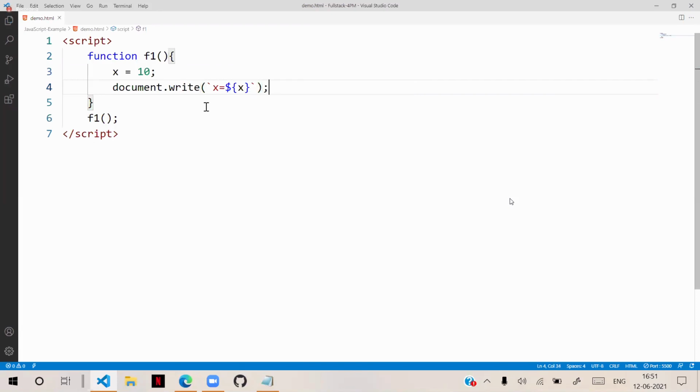Now don't again come with this question: what is document, sir? What is write, sir? What is this slash, sir? You don't worry about that now. Just understand the concept I'm explaining. This is what you are going to learn: what is that document, what is that write. You will learn. So see, the point is actually, this is the small code snippet I have written here.